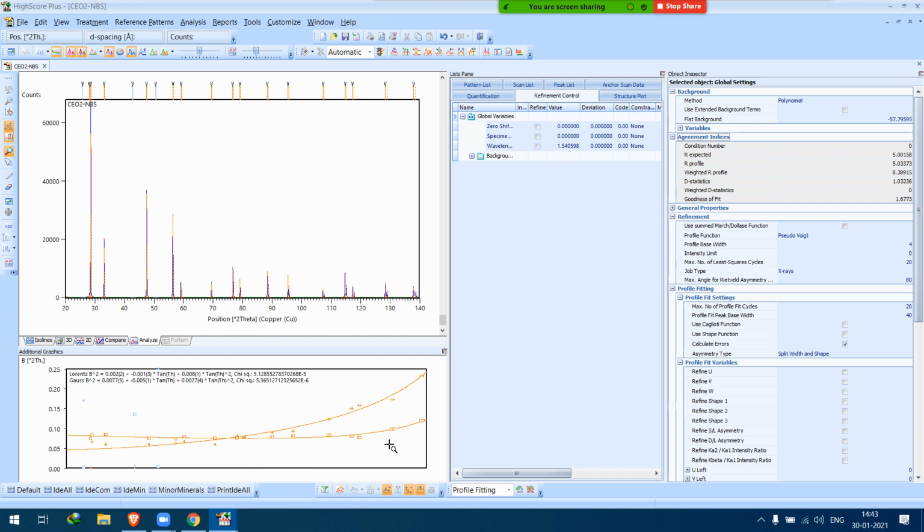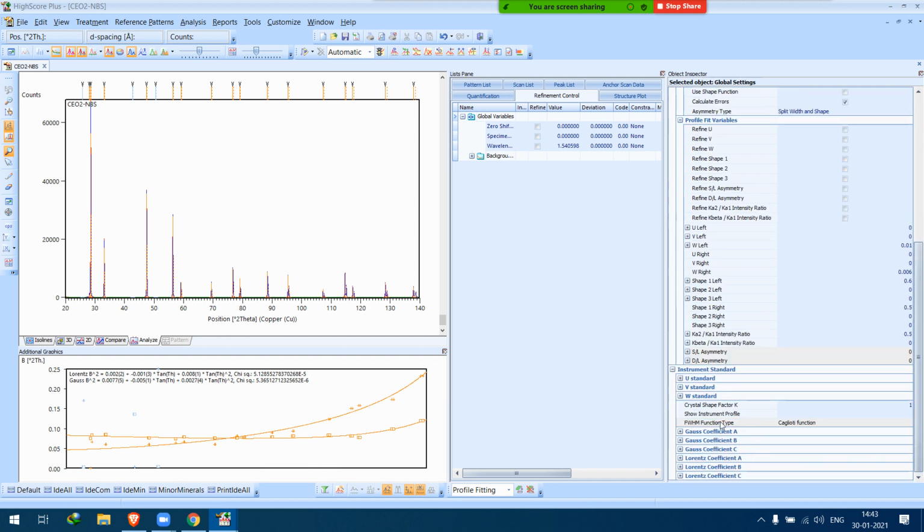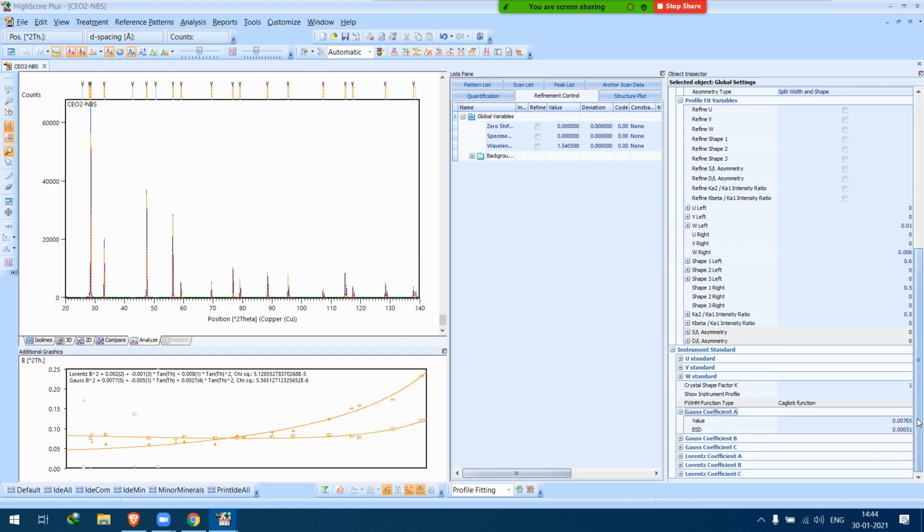Once you take this value, what you should observe is that in the last column, in the last rows, there are Gaussian coefficient A, Gaussian coefficient B, Gaussian coefficient C. These should have the same quantity. So 0.0077 with the error of 5, so it's around 0.00765. So this is the same value as this one. So coefficient A should match with coefficient B, C.